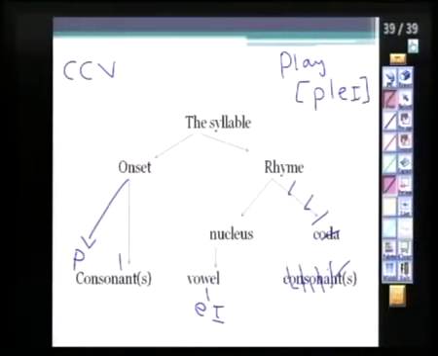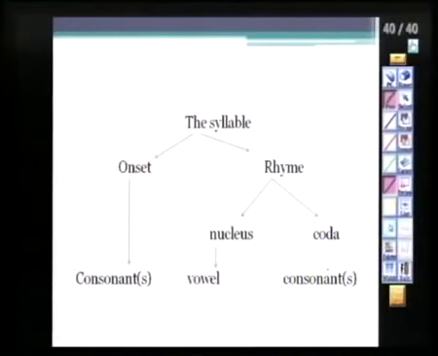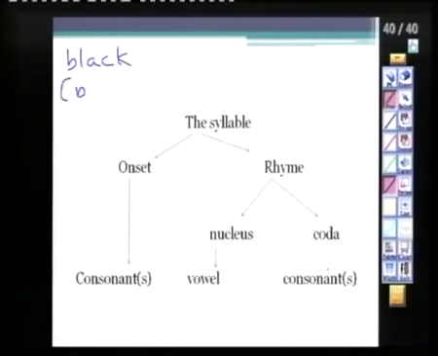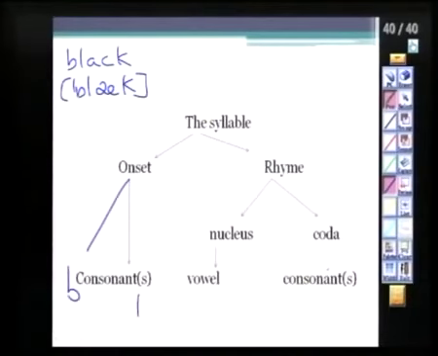Let's have another word, let's say black. The word black. Let's transcribe the word first. So number one, you transcribe the word. Let's transcribe it. You have black. True? Let's try to analyze the structure of this word. How many consonants do I have in the onset? Two. So you have ba and la. Then the nucleus is the vowel a. Then you have the ka sound, which is the coda. Good? Black.